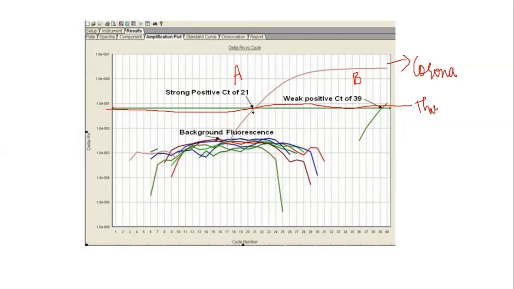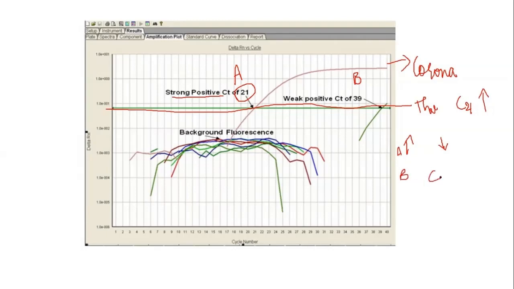In sample A, because the sample is strongly positive, the CT occurs at a very early cycle number. It means the more coronavirus there is, the more easily it is detected in fewer cycles. At cycle 21 itself, you are getting so much amplification that its fluorescence can be detected in the fluorometer. And in the case of sample B,